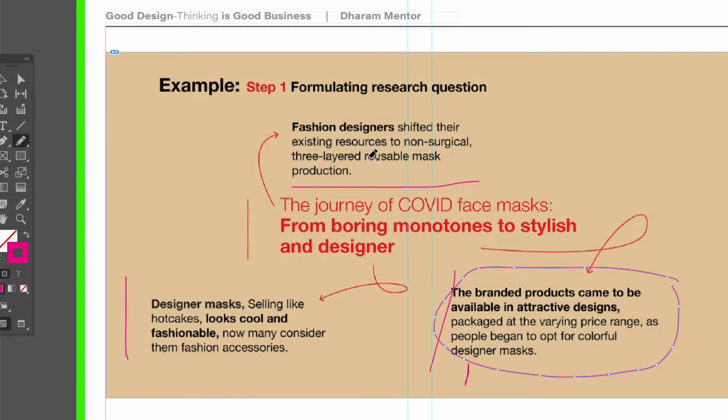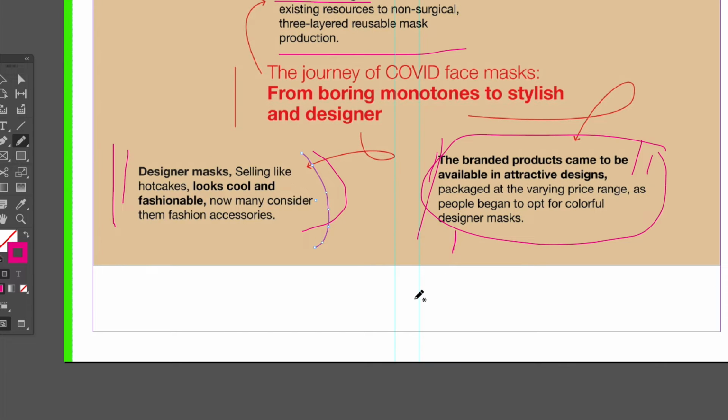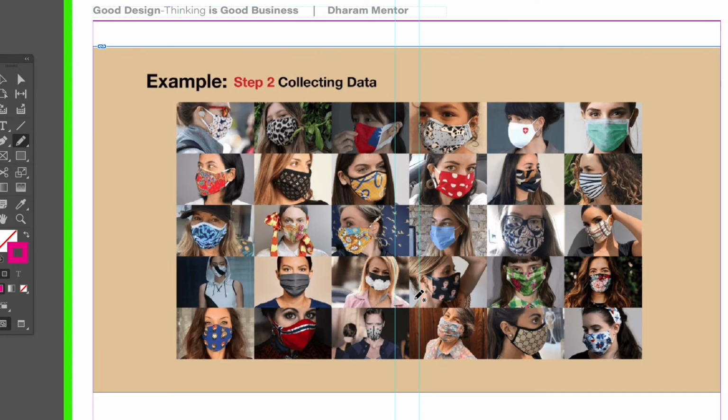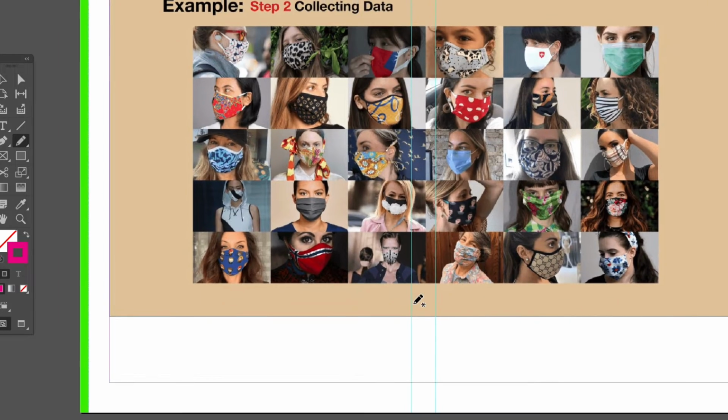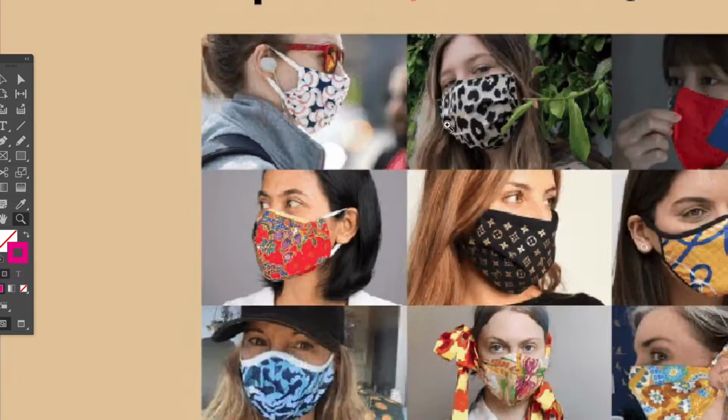While I was studying, I found many things: a fashion designer getting into manufacturing masks, and several clothing brands getting into masks or medical masks. Why are the fashion brands entering into mass manufacturing? That's a kind of evolution in terms of mass aesthetic. And then there are a bunch of fashion designers who are harping on this particular trend. So let me share with you, for example, here you can see clearly, I collected